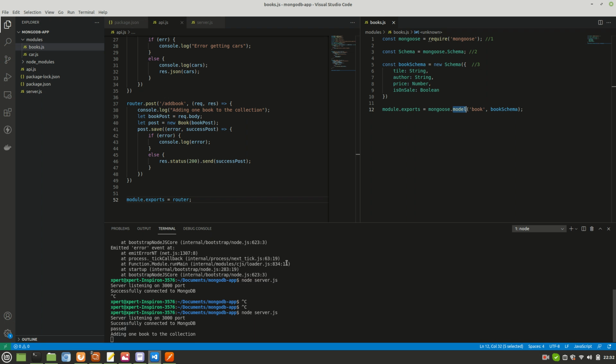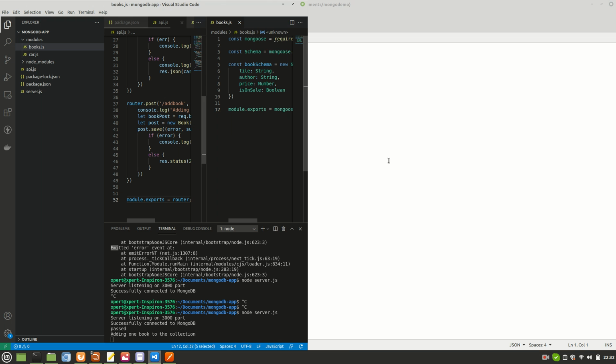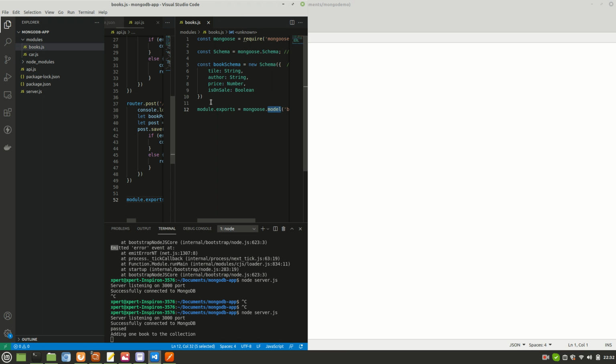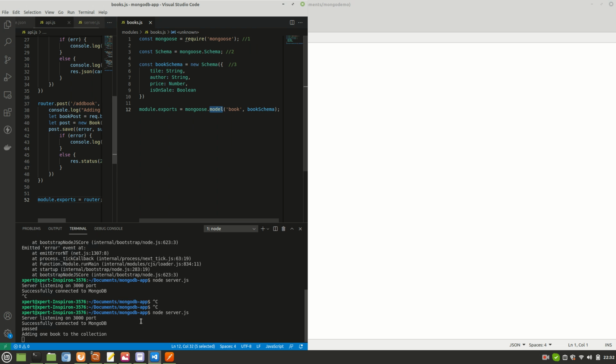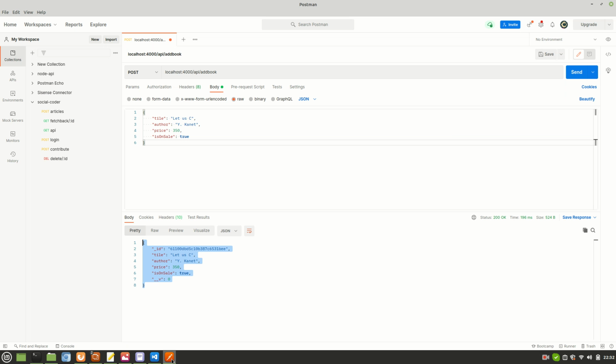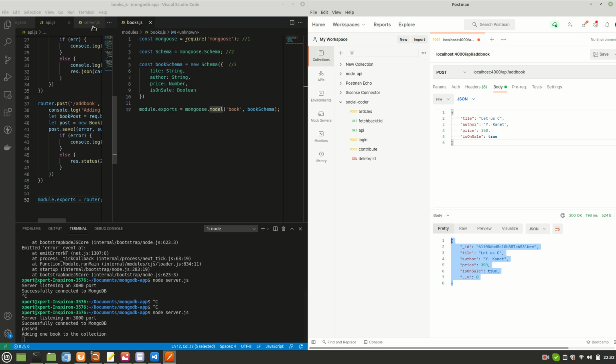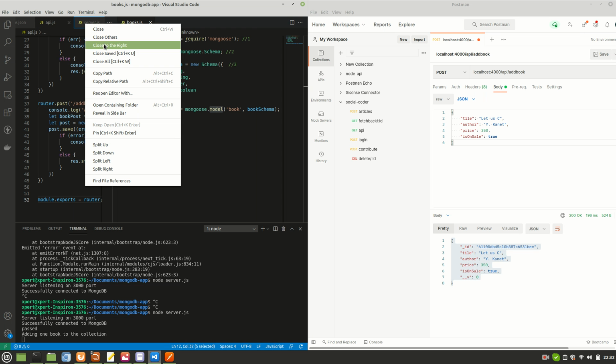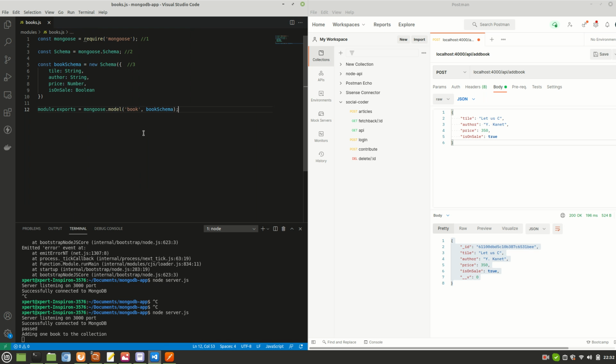Now I want to see what happens when we tamper with the schema. Now the fun part begins. Let's say here we have title, here we have a string. Let me open the schema side by side, and Postman as well. In fact, we don't need these server files, I'll just say close all. Now we have our schema on one hand, and on the other hand we have our response. Now let's see what happens.